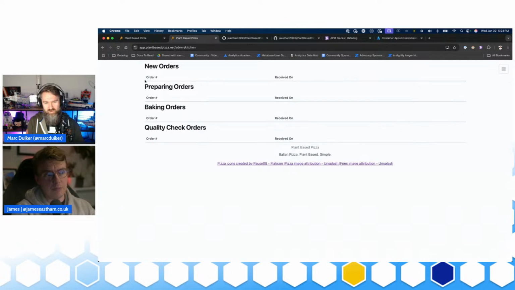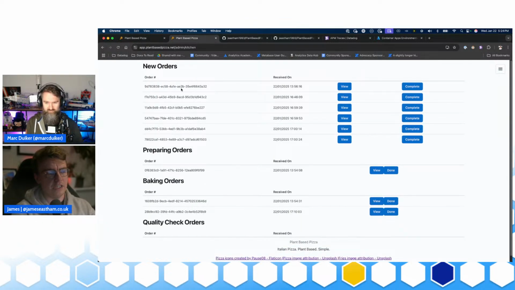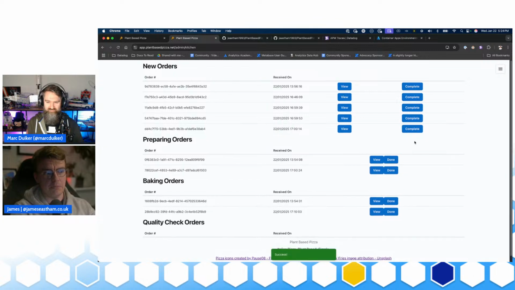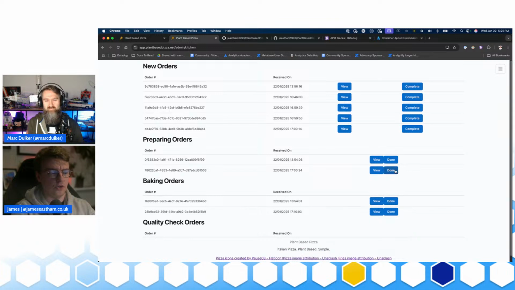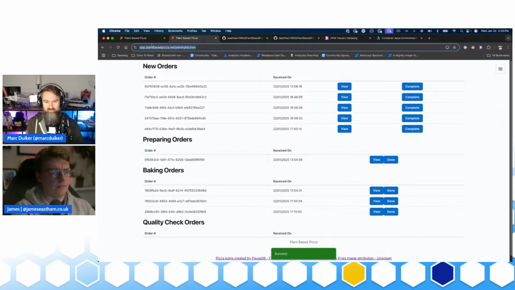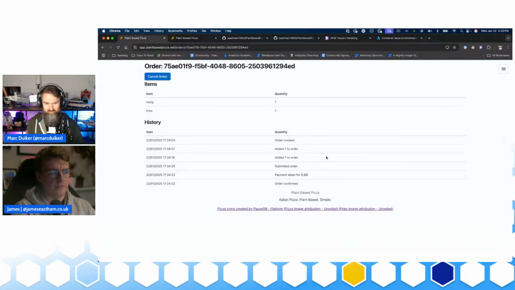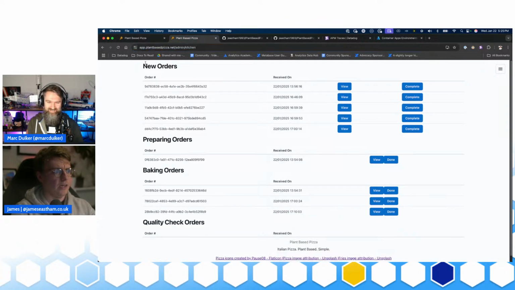There's also an admin panel. So if I come over, I can see all of the orders that are currently in the kitchen waiting to be prepared, and I can move these through. So I've started preparing the order, and if I come back to my actual front end where I'm logged in as a user, in a moment there should be a notification that appears. It might have already appeared and we've just missed it. So if I just move this order on again, come back to the front end, and as always happens when you risk demos in real time, things just don't work, which is helpful.